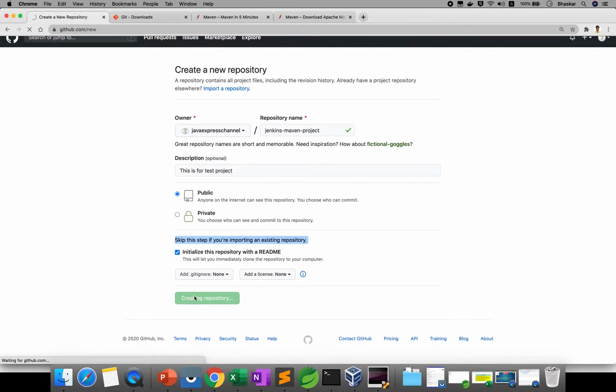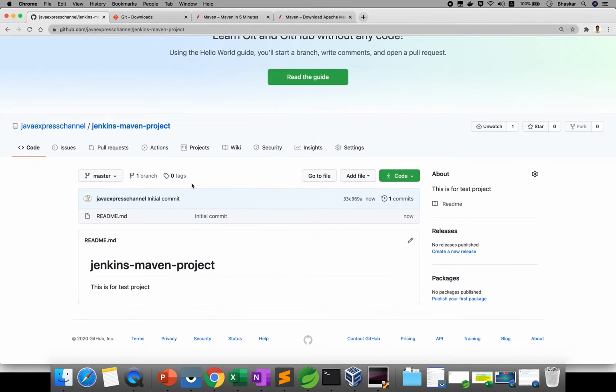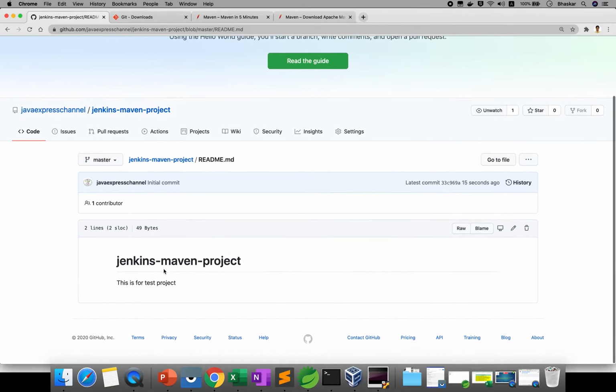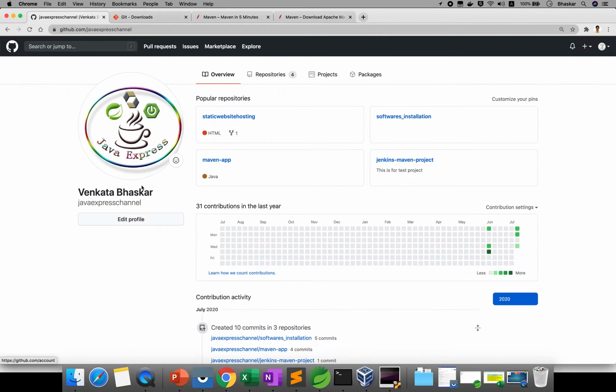Now once your repository is created, I will explain what steps you need to take care of. Okay, now you created your repository. If you click here on readme, this is just a simple test message, it will be displayed. This is for an existing repository you already have, then you need to create it in this way. Okay, now I will show one more way also.